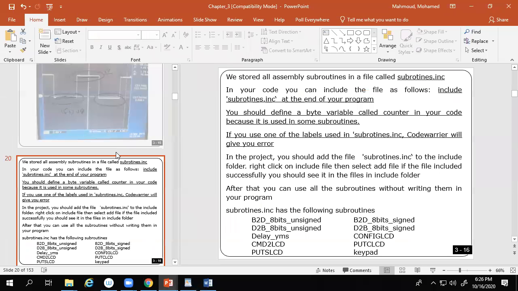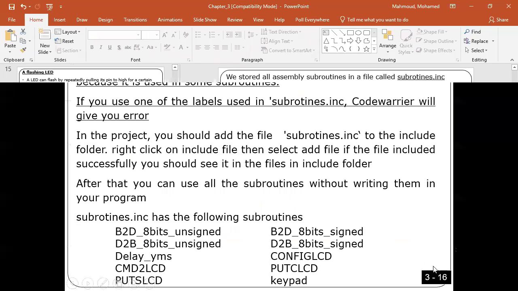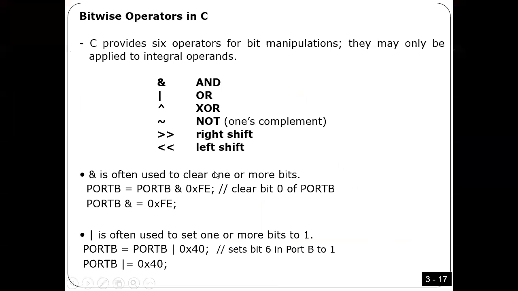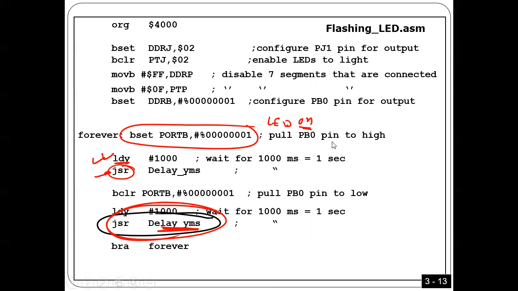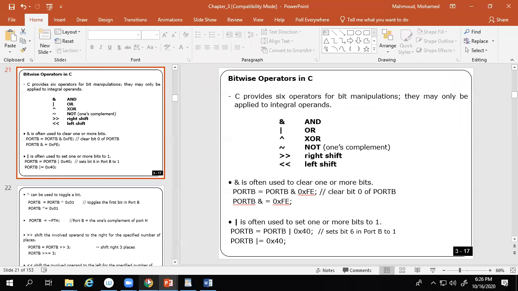So now I am done with assembly. What I'm going to do now, guys, is explain how we can do the same program, this flashing LED, using C language. Okay, that's what I'm going to do now. For C language, guys, number 1, if you go to the course website,